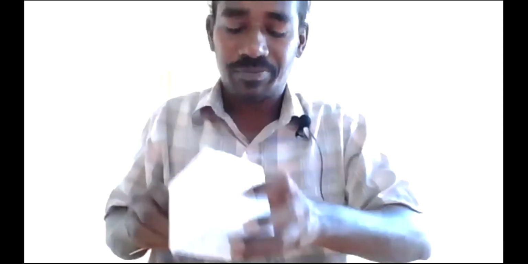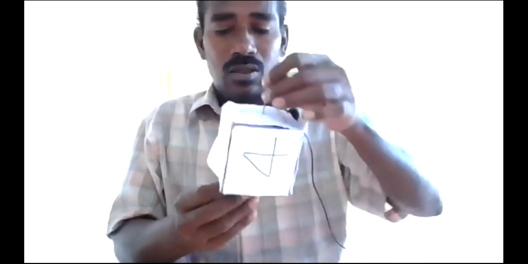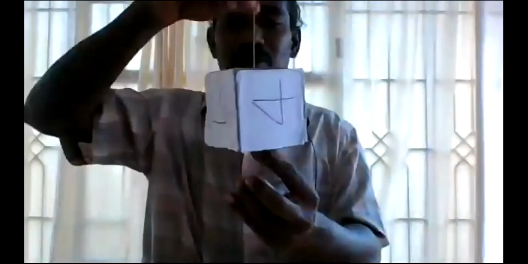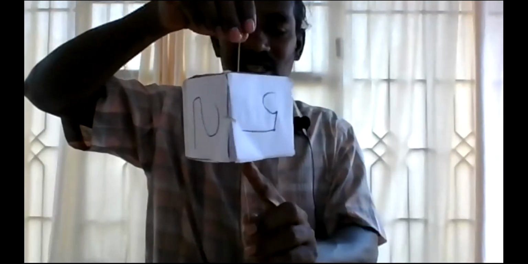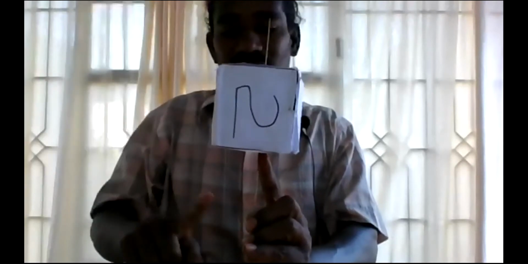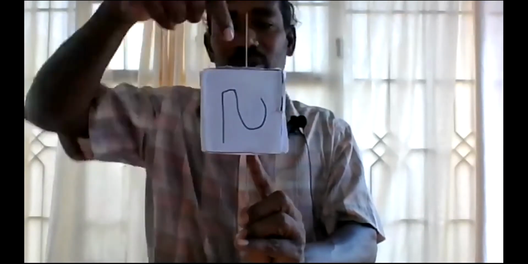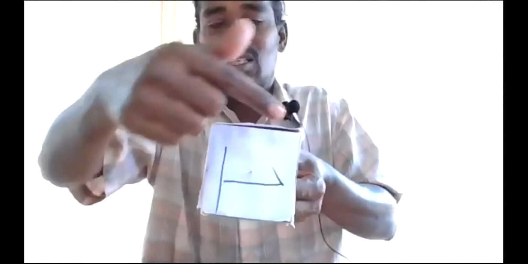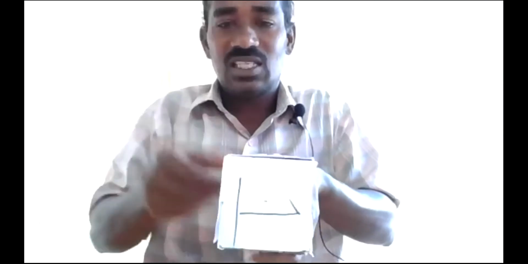Opposite face centers. Now I took it like this. It is a cube I took, and for this cube, this is the axis I took. How is this axis passing? It is passing through this face center and through this opposite face center. You can see that in this face, this axis is passing through.